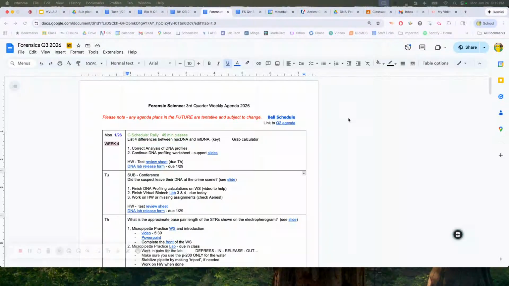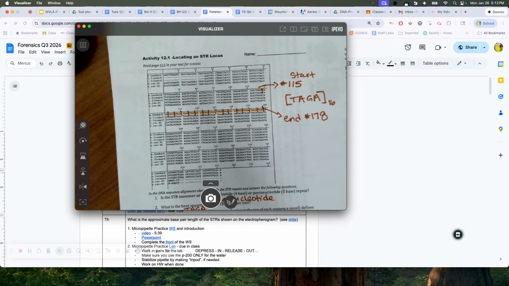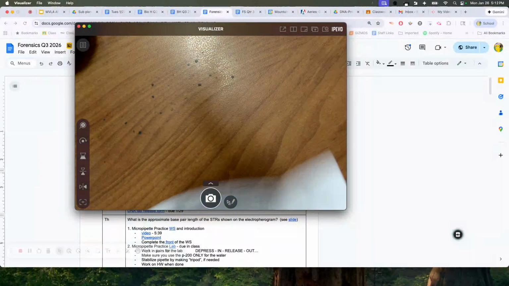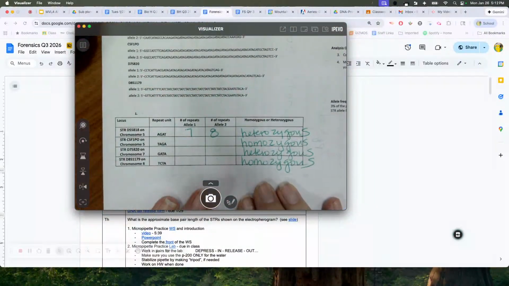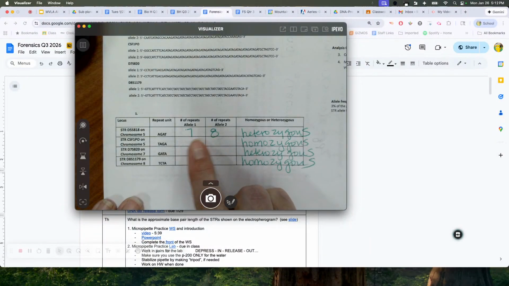Folks, if you were not here on Monday, you'll want to open up these slides to help understand what is going on for the DNA profiling worksheet. So we need to finish this up. We nearly finished on Monday, but just a reminder here, what we worked on Monday, we see that this individual